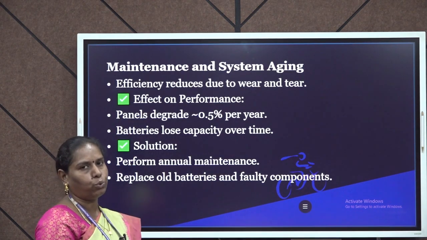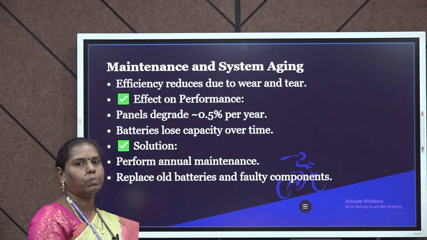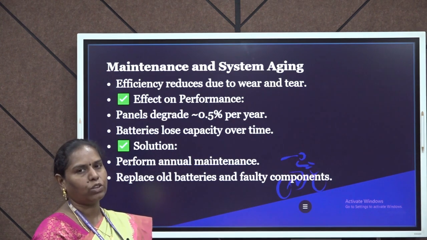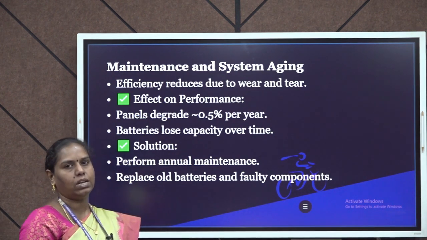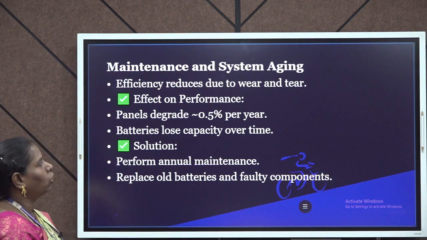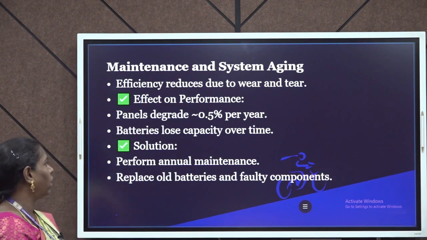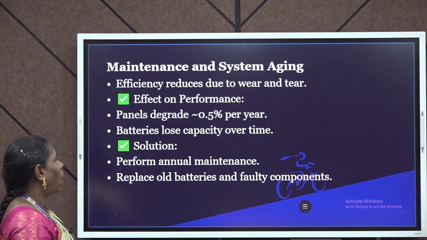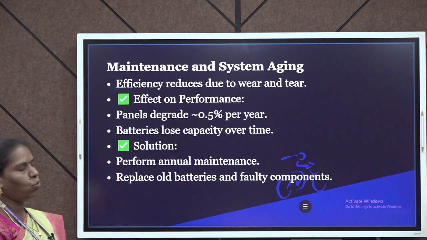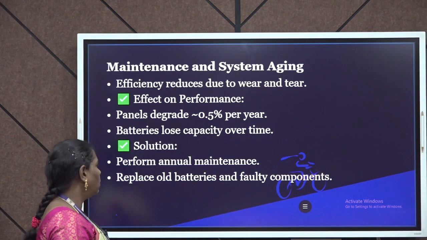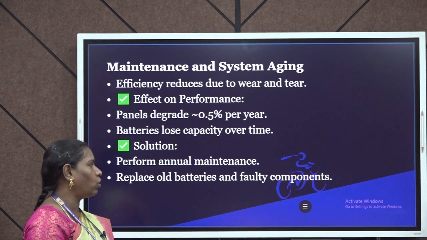This is one of the crucial factors. We have to maintain our solar PV system then and there. Aging is one of the primary factors for reducing the efficiency and performance of the device. The efficiency reduces due to wear and tear. Panels can degrade 0.5% per year, and batteries lose their capacity over a period of time. So we can have annual maintenance, as well as replace old batteries or faulty components